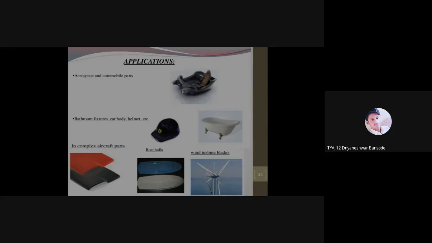Exactness is required in the case of wind turbines also, because wind turbines are designed very carefully. Getting it? So for that exactness, the shape may be simple or intricate, but that can be achieved with transfer molding rather than compression molding. So intricate shapes are mostly done with transfer molding.